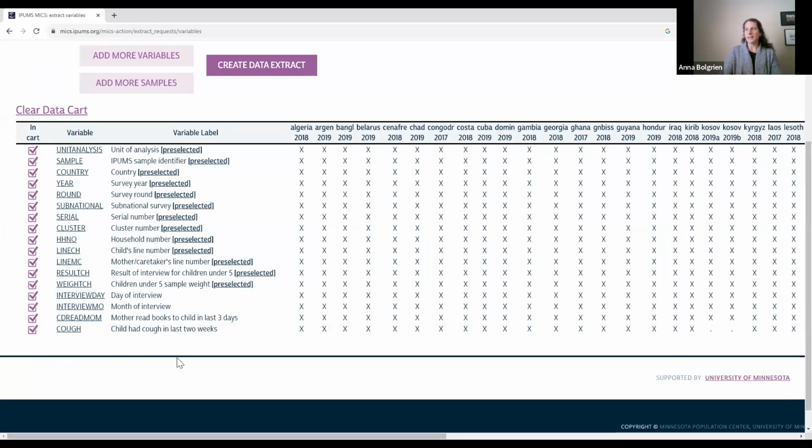And this is a summary of all of the variables I have for this child 0 to 4 unit of analysis. You can see at the bottom, I have the day and the month, and that child read variable and the cough variable. You can also see that there's a number of pre-selected variables, and these are variables that come with every single extract, and they're typically variables that identify different samples, different years, household identifiers, or line numbers or